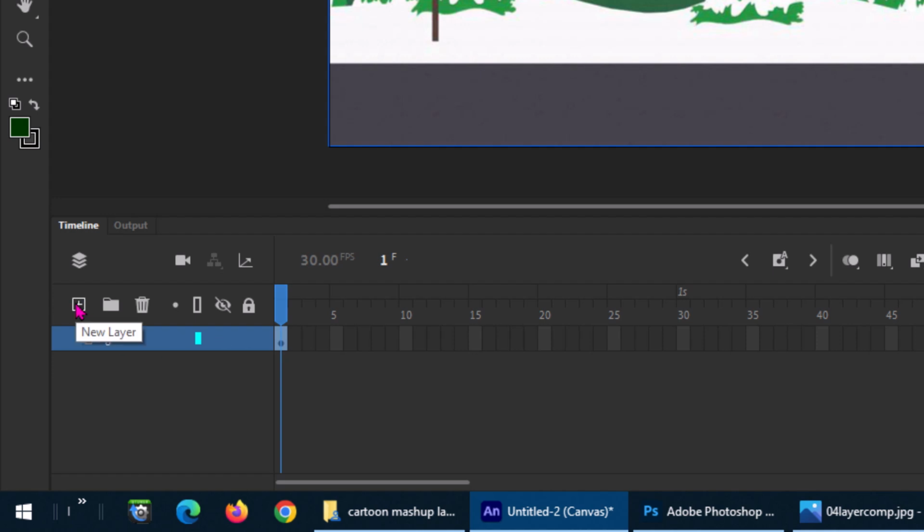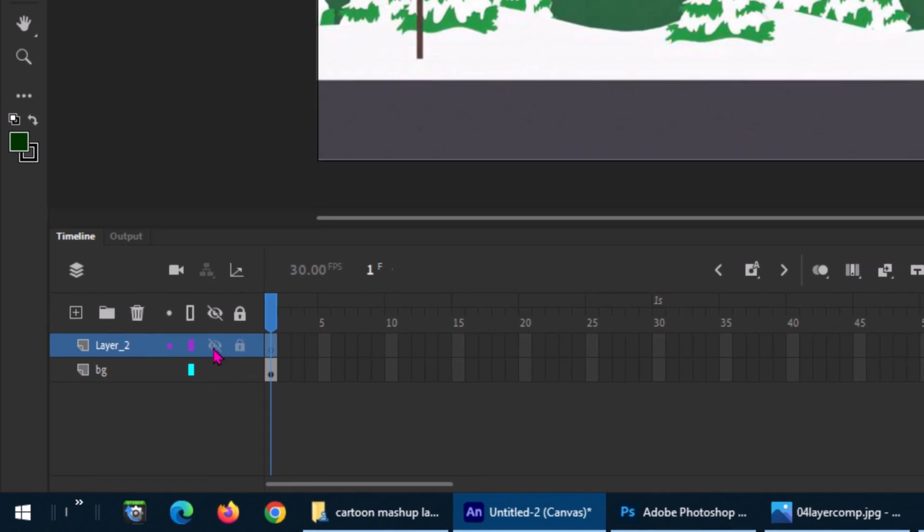To create a new layer, you can click this button and it defaults to just layer 2. If you want to delete a layer, you click the garbage pail while the layer is selected. Realize anything on that layer goes away when you delete the layer. So if you had a drawing on there, when you delete the layer, it deletes the drawing, or a picture or whatever. You can also make the layer invisible,